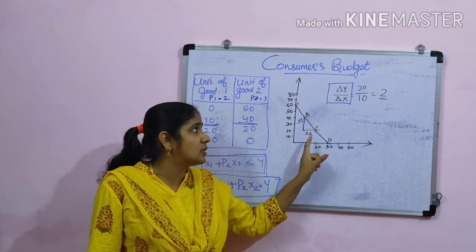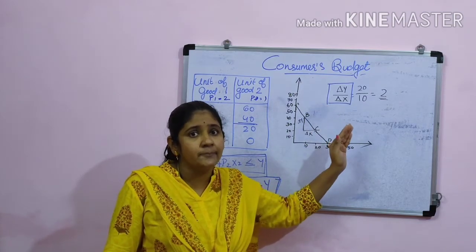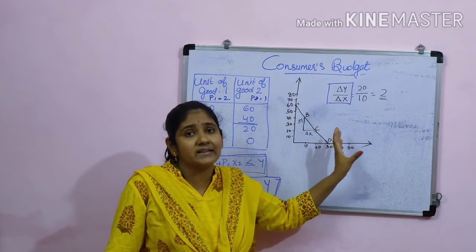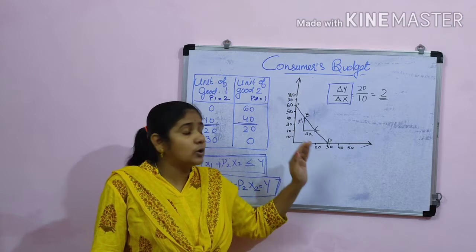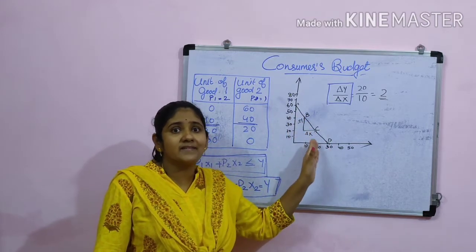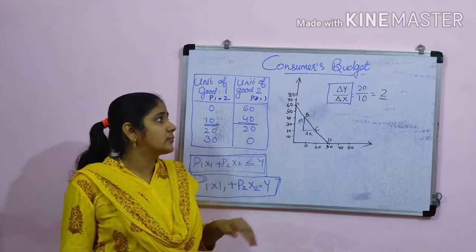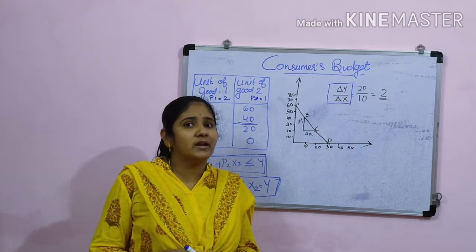But here in the case of this price line, otherwise budget line, the slope of this line we assume will always remain a constant value, and because of that it will be a downward sloping straight line here. Okay, then after that we are moving to the next topic,